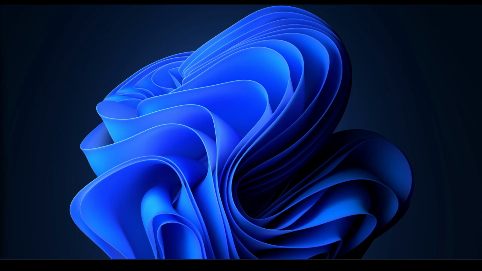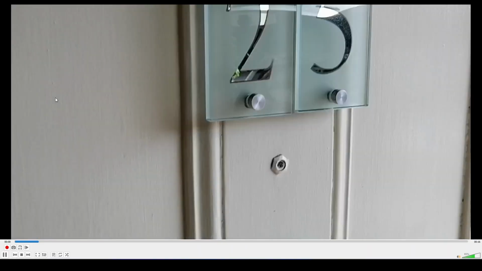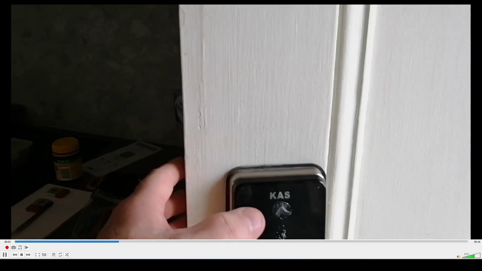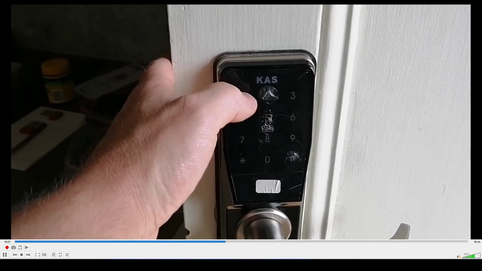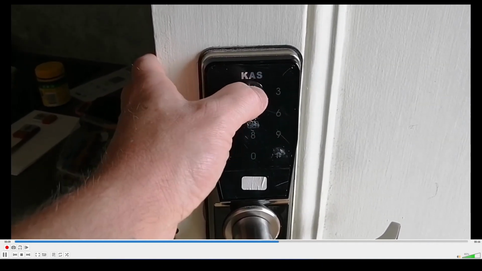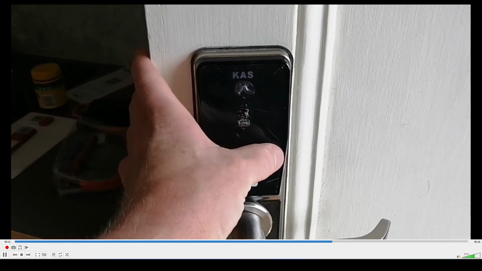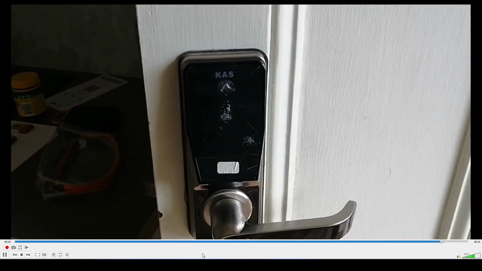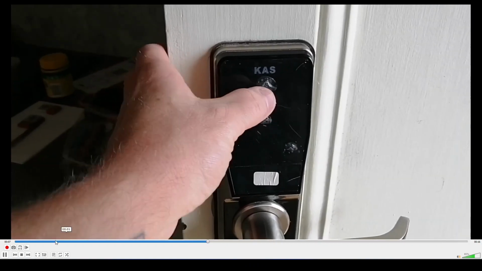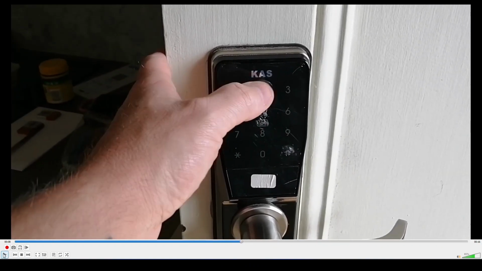the lock was this thing. So there's my room number, 25, and here's the lock. And you can see, I put my passcode in, it beeps, and the door unlocks. Now, something I want to point out is